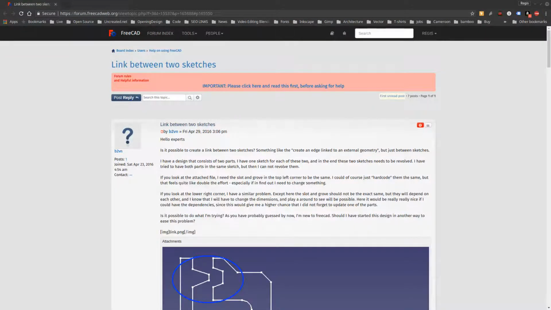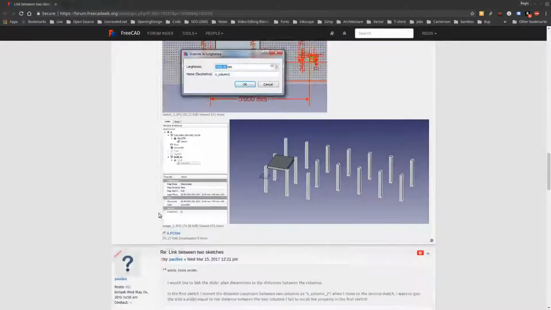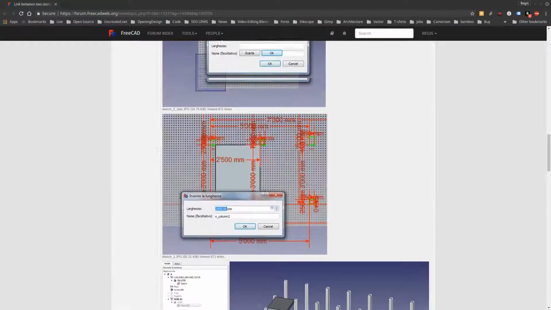So today is a look at this link between two sketches in the forum. This was brought to me by Polly in the forum. She's somewhere down here. Polly right here. She sent me the link, and